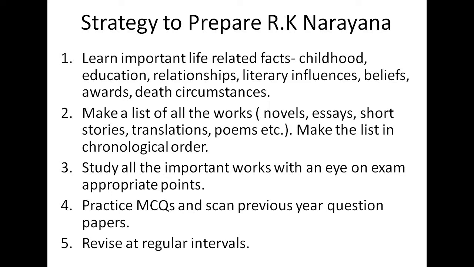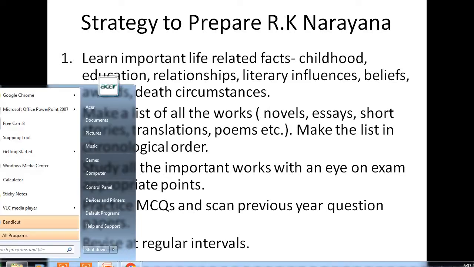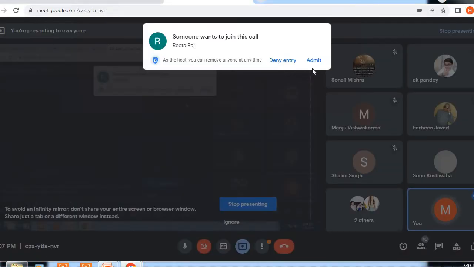What education he acquired, his relationships, right? The literary influences which shaped his or her writing, his or her beliefs which are reflected in the work of the writer, the awards conferred upon the writer, and the last years of his writing career or his life. Okay,